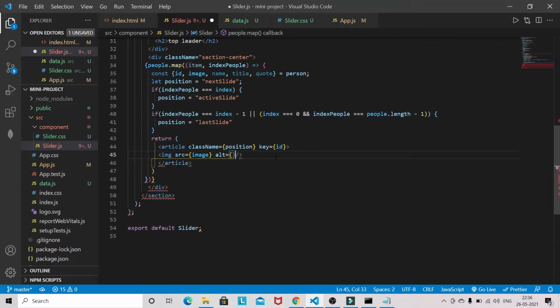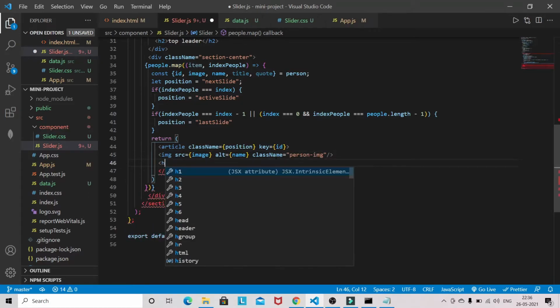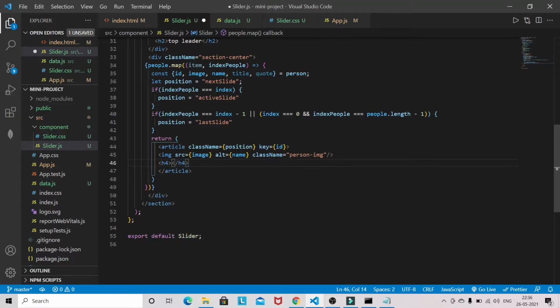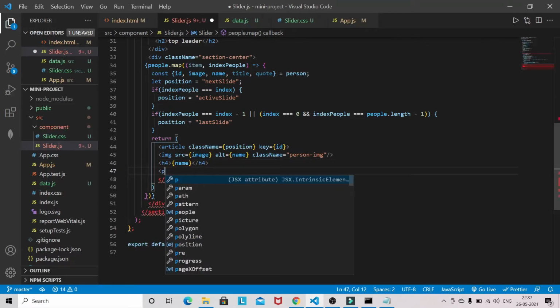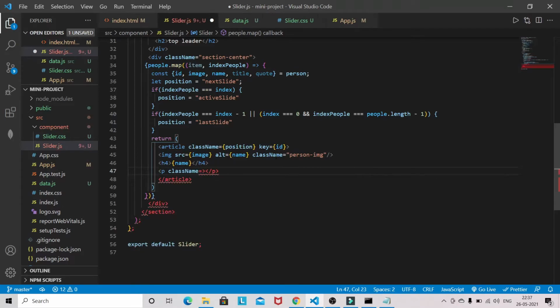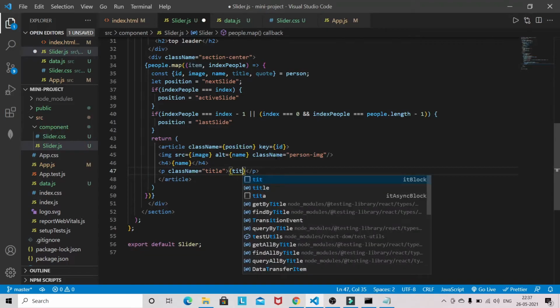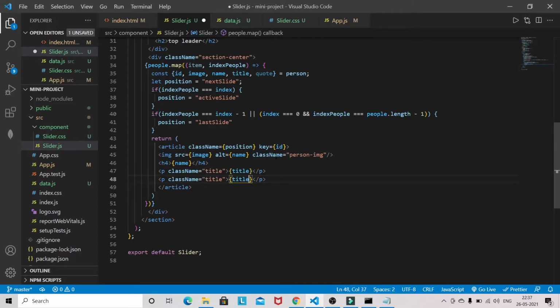For alt, we can use the name which we have already destructured. The class name will be person-img. Then h4 with the name, and a class name title. I will copy it again; this will be the text, and this is the quote.